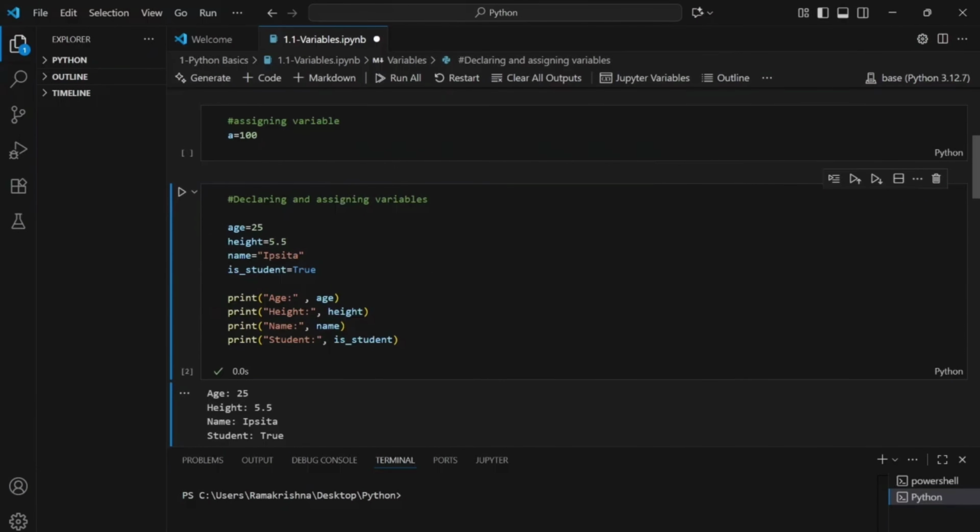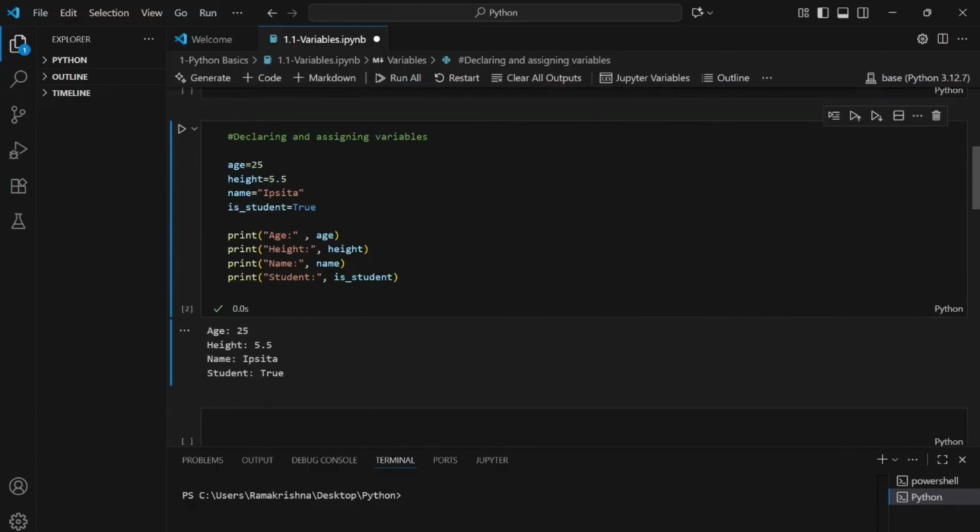So let's see the output here. Age is displayed as 25. The variable height holds the value 5.5. Name holds the value Ipshita, and is student is printing true because it's a Boolean one.